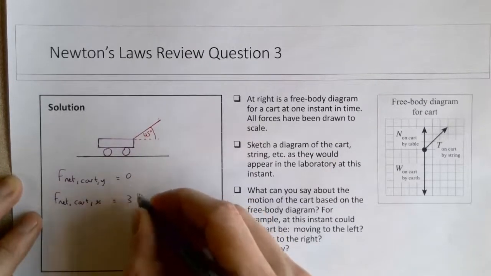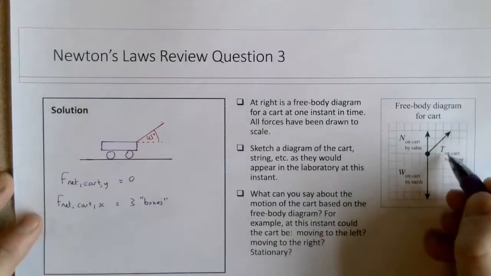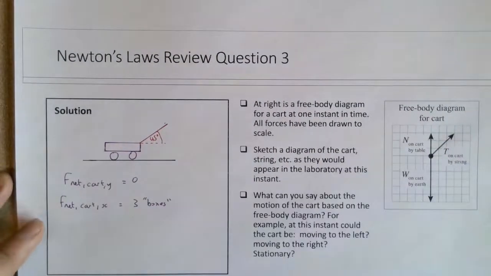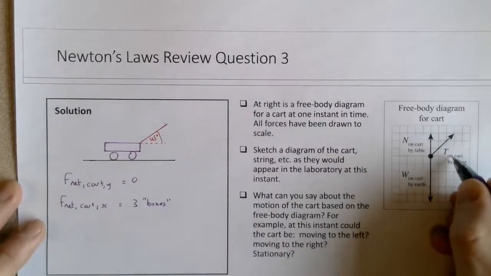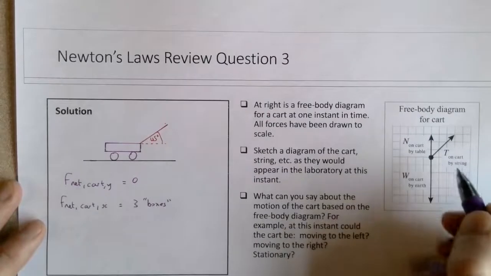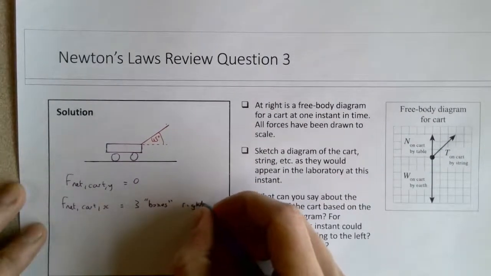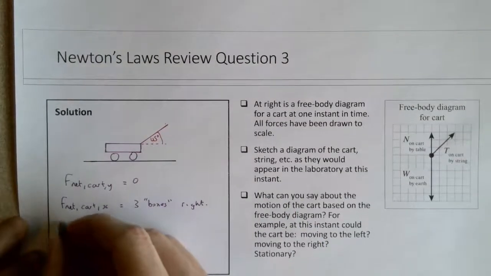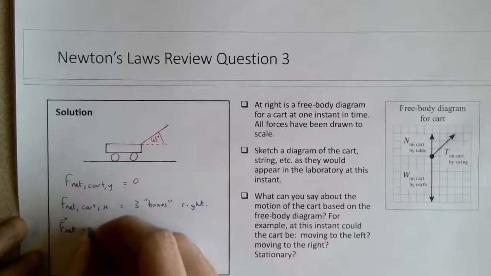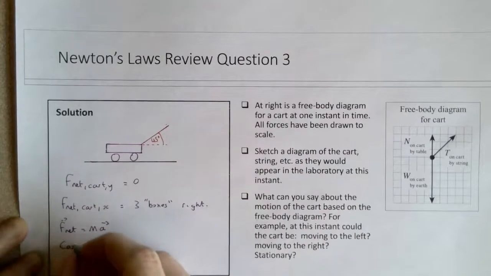boxes. Well, at least in a sense, I'm not sure what these units are, but there's no friction force on the cart, and the x component of the tension is not balanced by anything in the negative x, so there's 3 boxes to the right. So what we can state, from Newton's second law, F net equals ma, is that the cart is accelerating to the right,